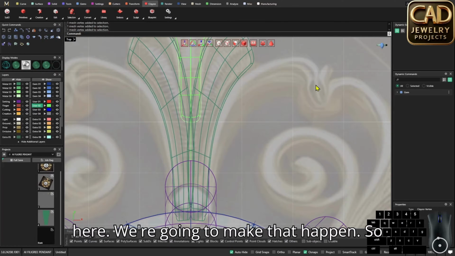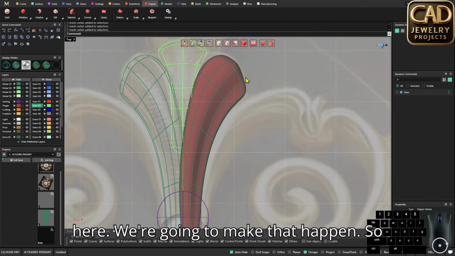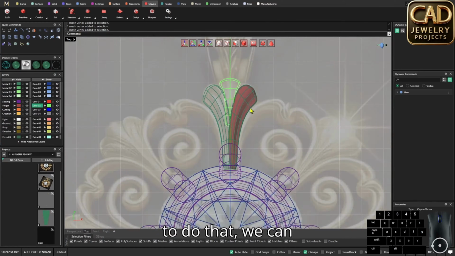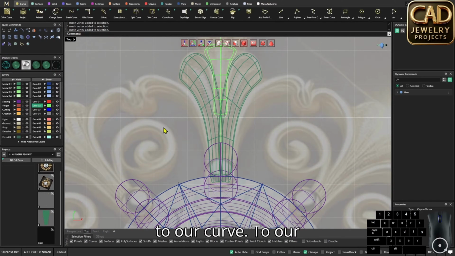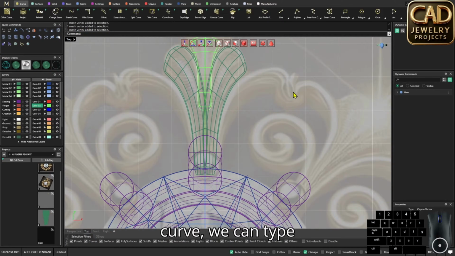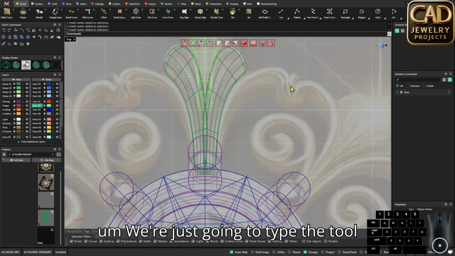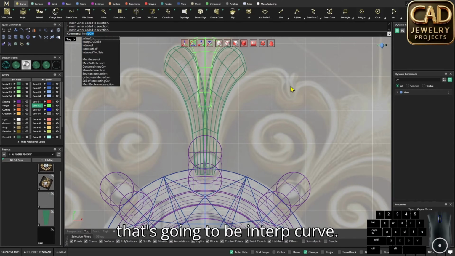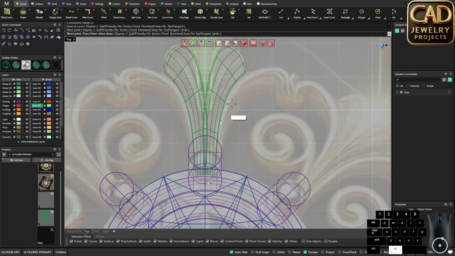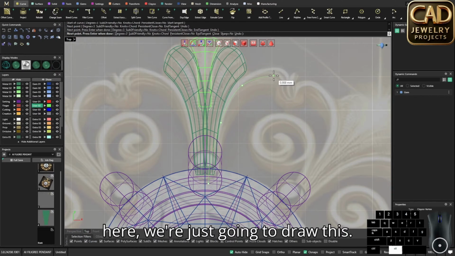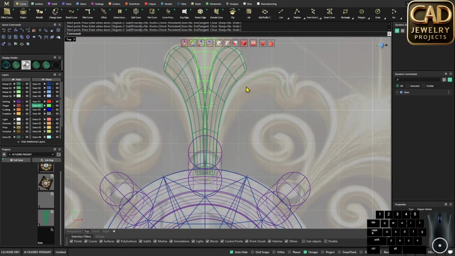another curve right here. We're gonna make that happen. So to do that, we can go ahead and go to our curve. To our curve, we can type, we're just gonna type that it's gonna be interpolate curve. Okay, from here, over here, we're just gonna draw this. All right,